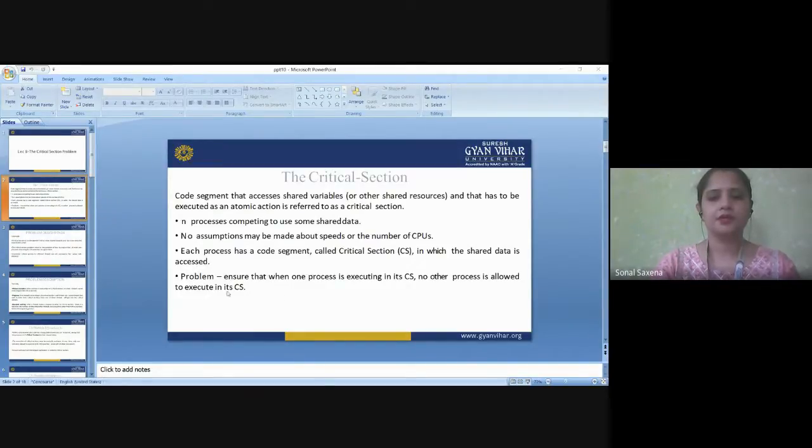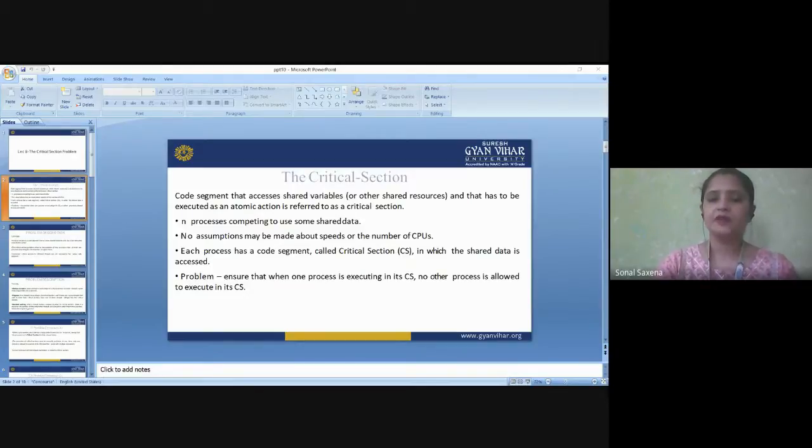Now let us understand what a critical section is. A critical section is the part of the program which tries to access shared resources. As I told you, the operating system has one important task of managing the resources among the processes, so at times it tries to access shared resources. That resource may be any resource in a computer, like a memory location, a data structure, CPU time, or any input output device. The critical section cannot be executed by more than one process at a time. That is an important point.